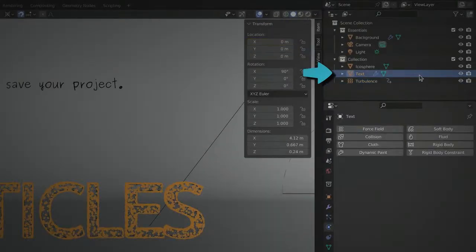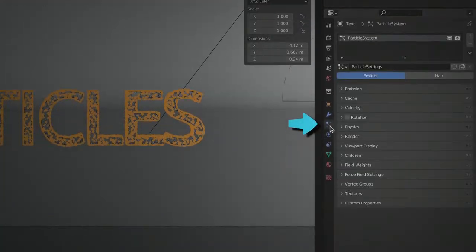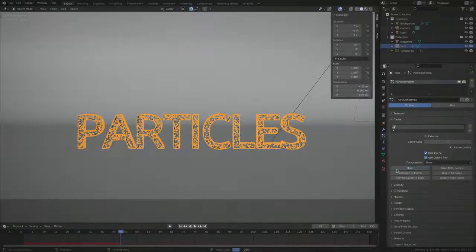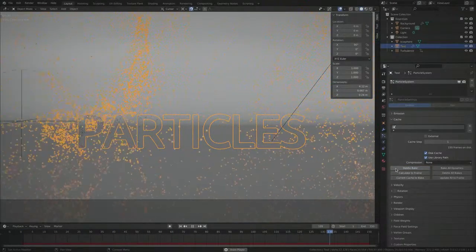Then select the text object and go to the Particles tab. There's a section named Cache. Here, we have the option to bake the particle animation, which simply means that we can manually simulate the movement of the particles, save the results to disk, and view the animation later, either in the viewport or in render. Just keep in mind that anytime you want to change the settings on the emitter object,